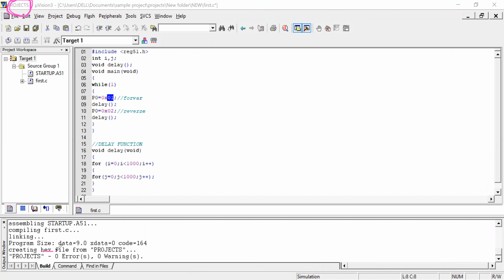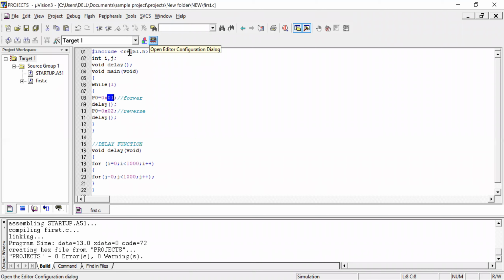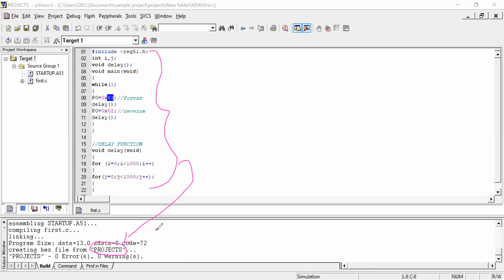Here you can see that the file is generated with the name of the project. After debugging, the file is generated, and that file you can put on the simulation.